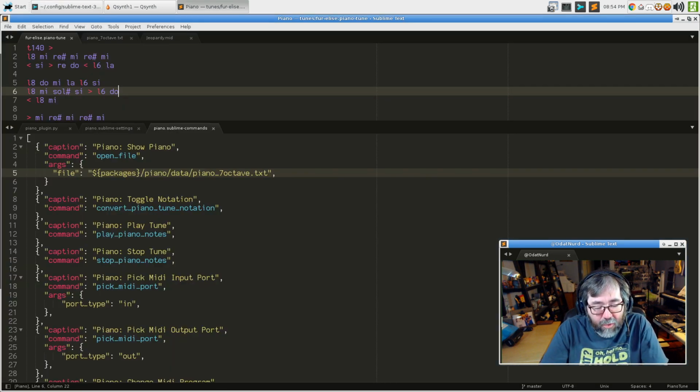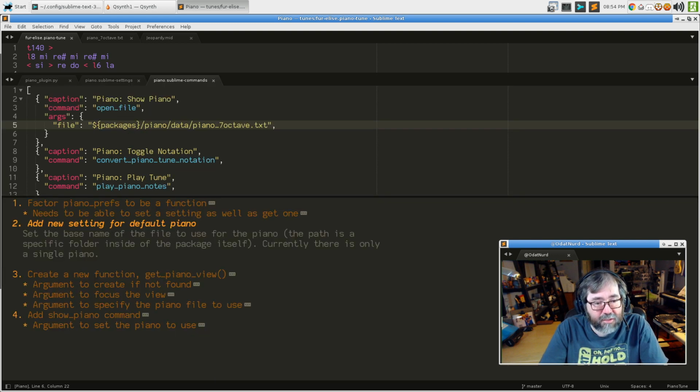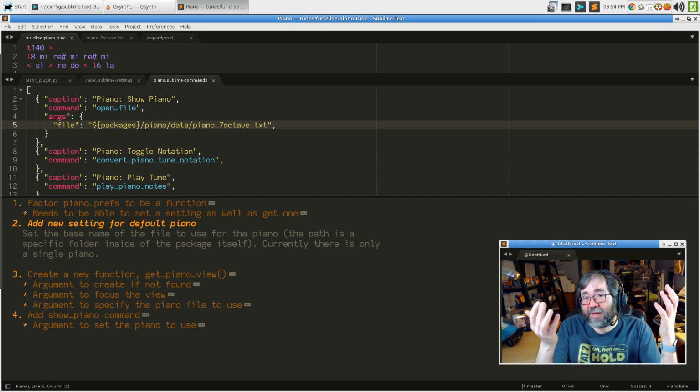And we are now done with, whoops, press the right key, that one. We added a new setting for the default piano, which is the base name of the file. Path of the specific folder inside the package itself is inferred. We don't want anybody to have to specify that. It's nicer to be able to just say that the piano I want to use is the piano 7 octave